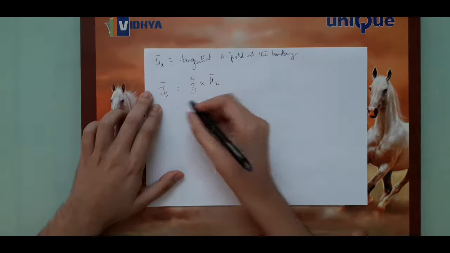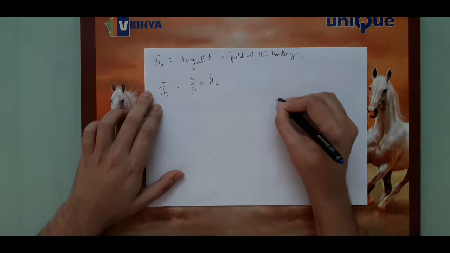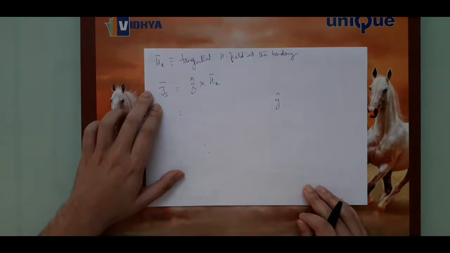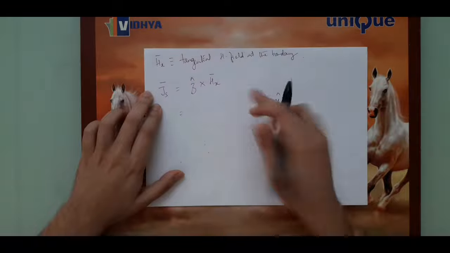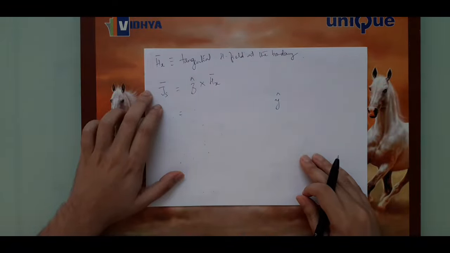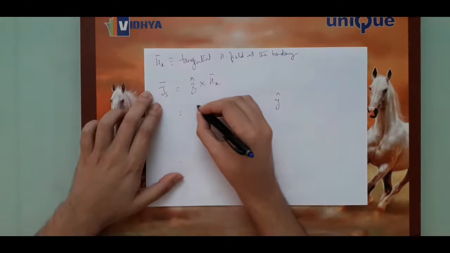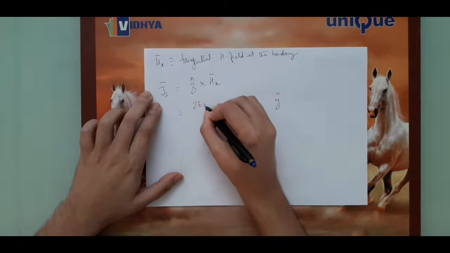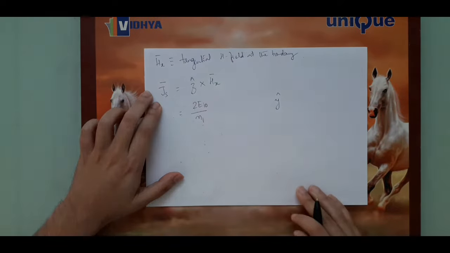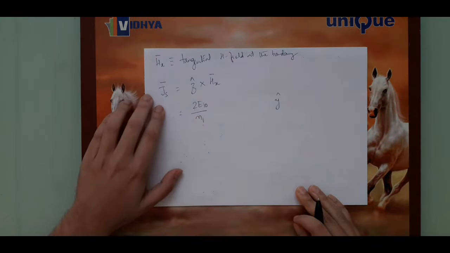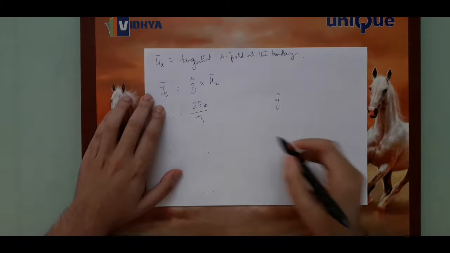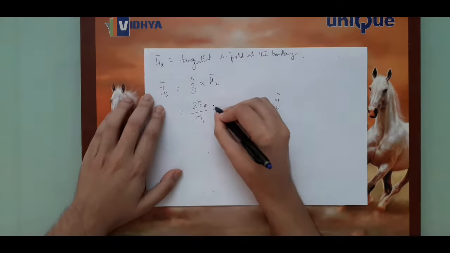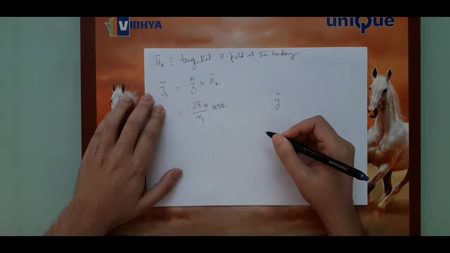So z cross x would essentially give me a vector which is aligned along the Y direction. So essentially it would become Hx times y. So Hx, which we had derived in the previous class, was something of this kind: 2E_i0 by eta 1, where eta 1 is the characteristic impedance of medium 1, cos theta I,